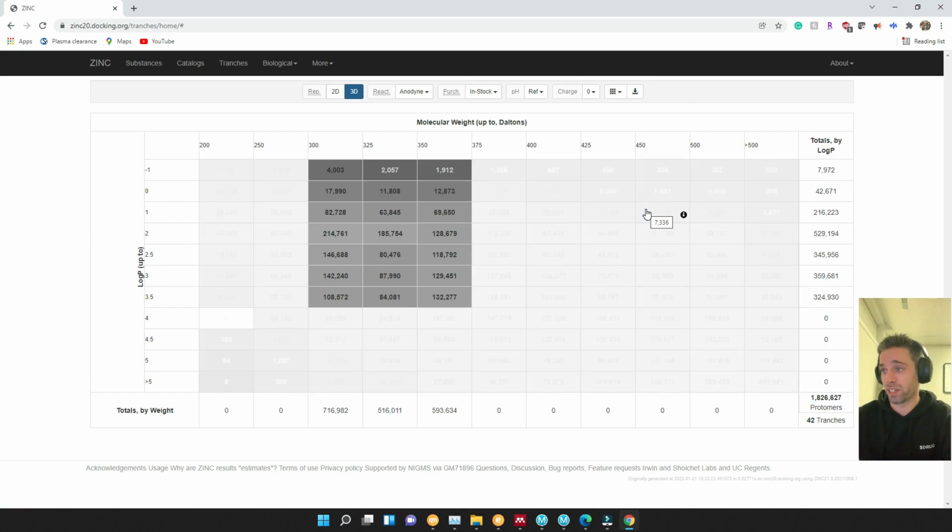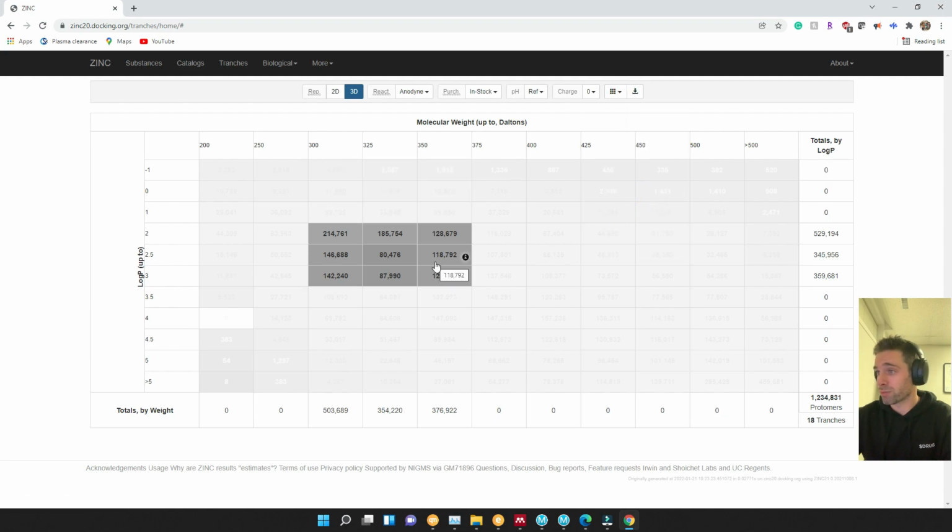So for example, if I click lead-like, we get these tranches, and this would give us 1.8 million compounds, which is very runnable. This is extremely runnable, not a big deal. For example, if we clicked Goldilocks, this would be an even smaller search space. But let's run a decent virtual screen and learn how to do the whole process. So we'll run